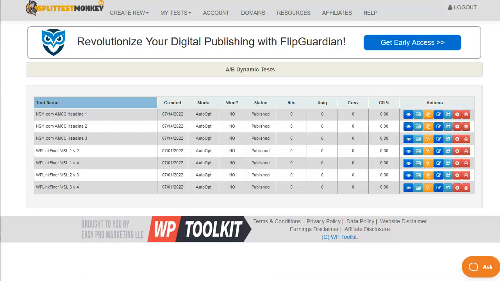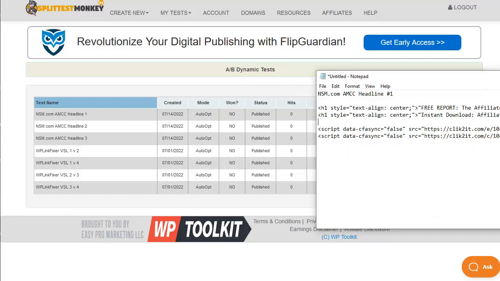So I've already gone across to SplitTestMonkey and set up my new A/B split test for headline 1, and then I've grabbed the code for both the snippet itself and the conversion tag as well. You can see the conversion tag has a C rather than an E, which is always the test snippet. So having set up my test with my two different headline variations and grabbing my conversion code and my snippet code,